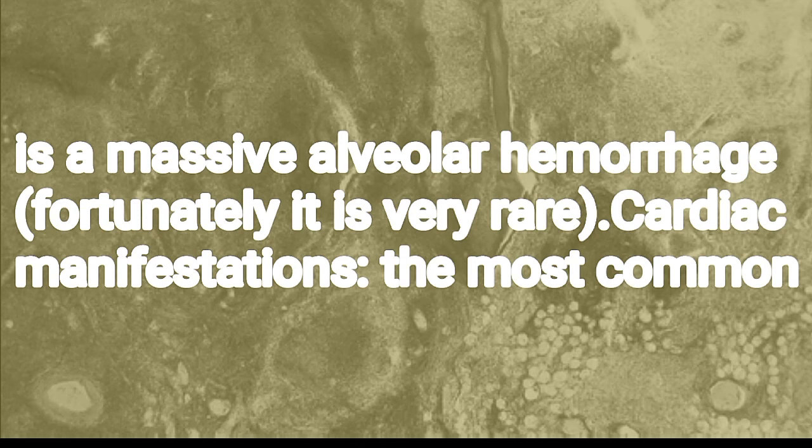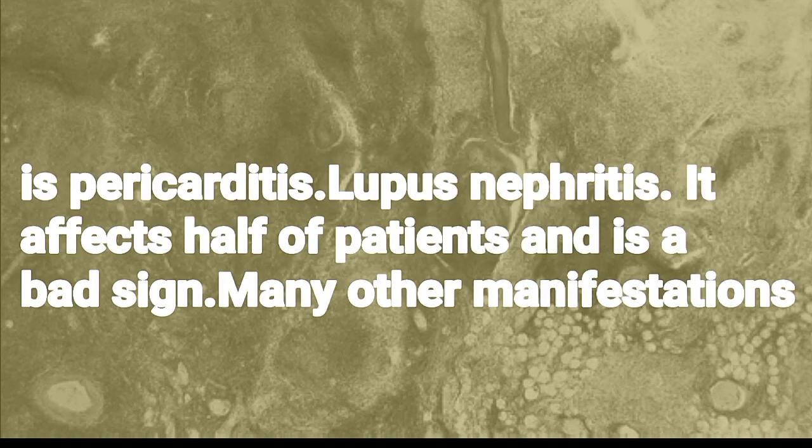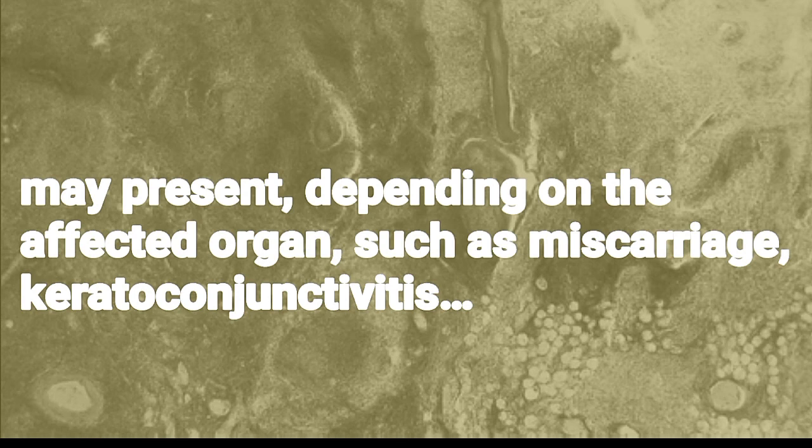Cardiac manifestations: the most common is pericarditis. Lupus nephritis. It affects half of patients and is a bad sign. Many other manifestations may present, depending on the affected organ, such as miscarriage, keratoconjunctivitis,